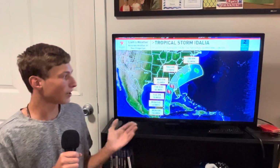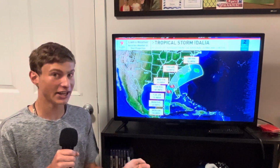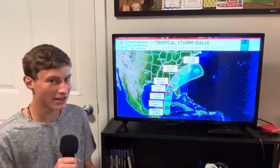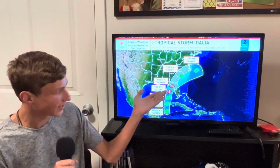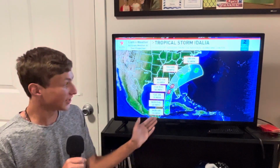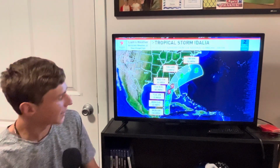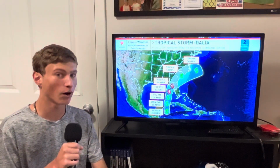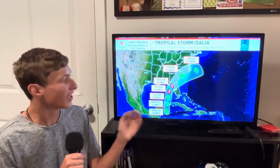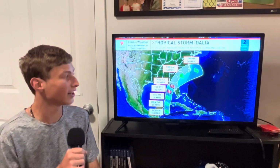Let's take a look at the latest forecast track from the National Hurricane Center, and as I've been saying over the last few days, this thing will be heading into the very warm waters of the eastern Gulf of Mexico, and because of that, hurricane strength is expected as early as Tuesday afternoon, as this thing is approaching the western coast of Florida, and then eventually making landfall potentially as a Category 1 hurricane, or possibly even a Category 2 hurricane as we head into your Wednesday morning,